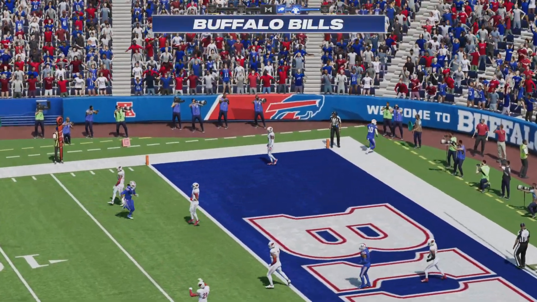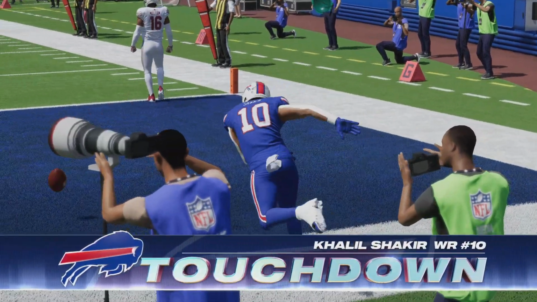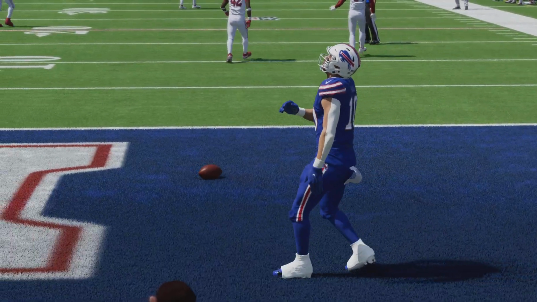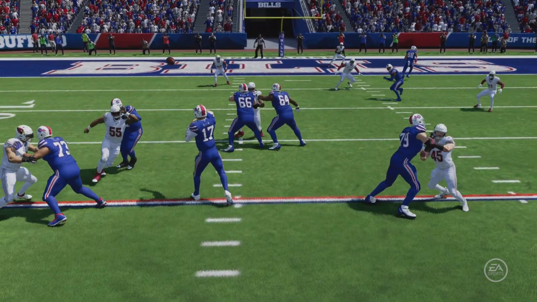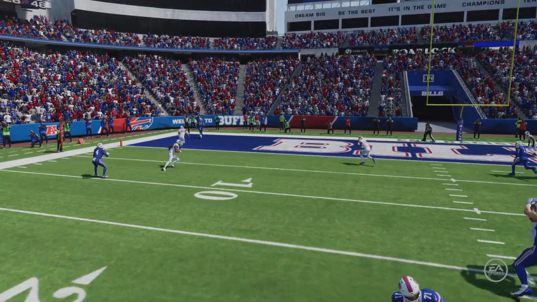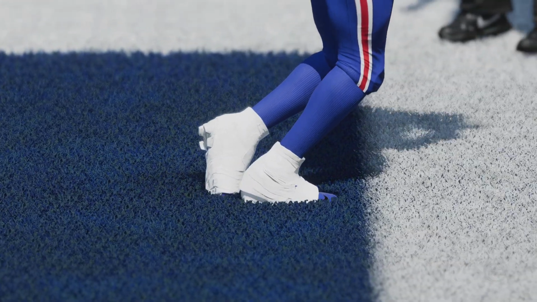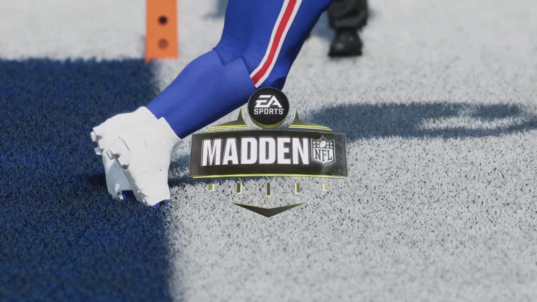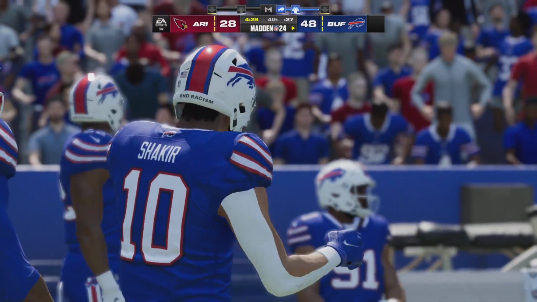And that is caught. Touchdown, Buffalo. Khalil Shakir with now 2 fourth-quarter touchdowns. And the Bills tack on another score as they have dominated this fourth quarter. Boy, he has been fun to watch throwing the football in this one. It's certainly not fun for that defense, though, Charles. Now up to 4 touchdown passes in this ball game.